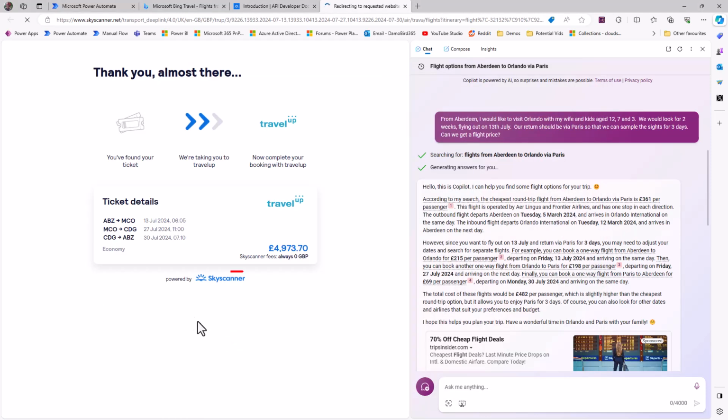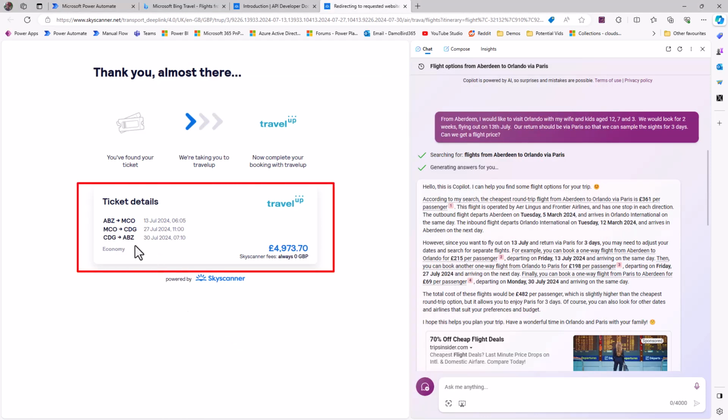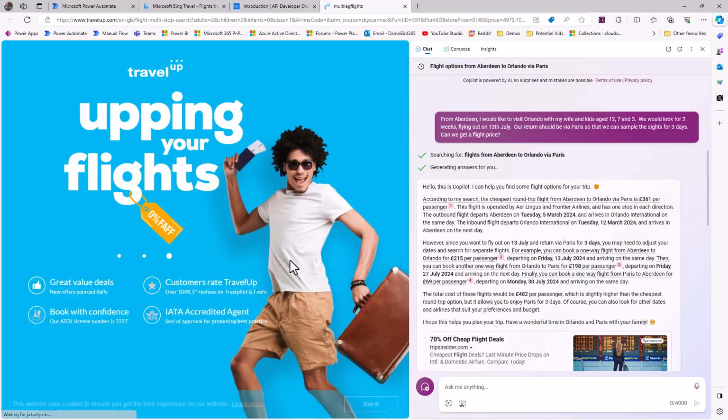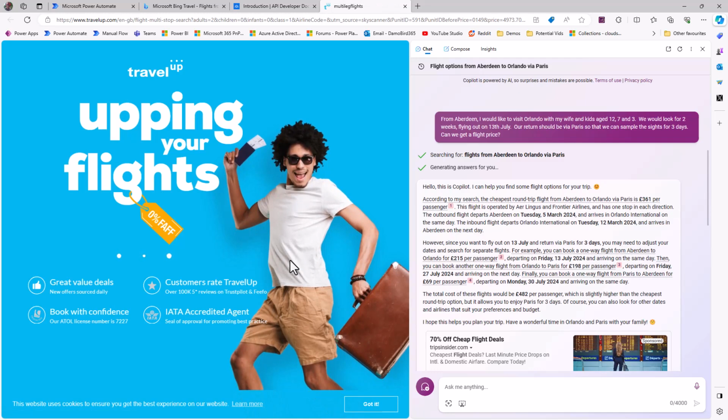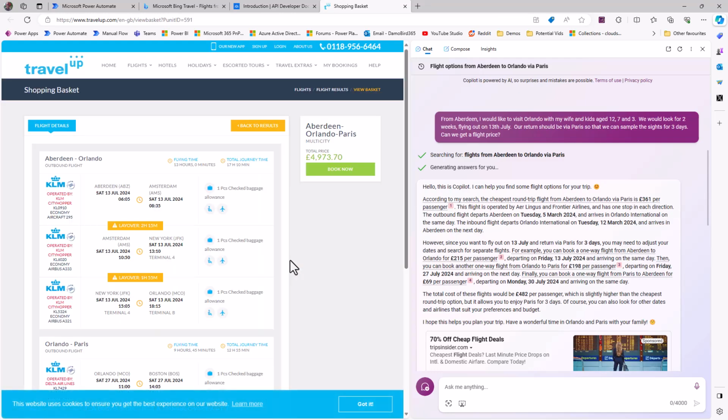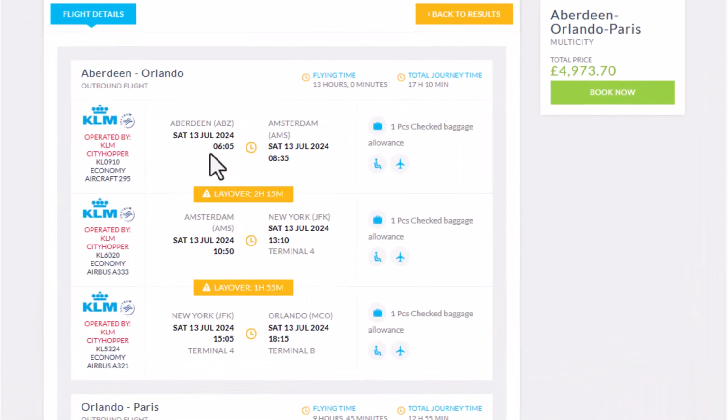And if I click on that link, we can see that schedule here and our price, and hopefully shortly it will load up the full link, which would allow me, in theory, to book those flights right here, right now. And we can see the schedule. We've got Aberdeen to Amsterdam, Amsterdam to New York, New York to Orlando. Maybe not the most ideal route, but it's definitely got the spec there from Aberdeen through to Orlando on the